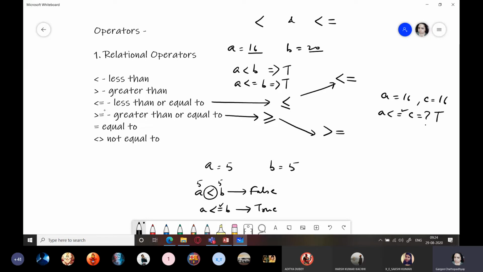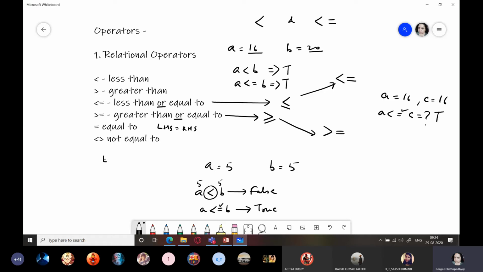So less than equal, or greater than equal, they say there is an or in between. That is, either it can be less or equal, either it can be greater or equal. Okay, equal to says both LHS and RHS should be equal. LHS should be equal to RHS. That is the meaning of equal to.